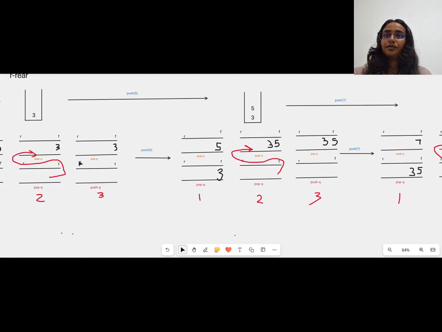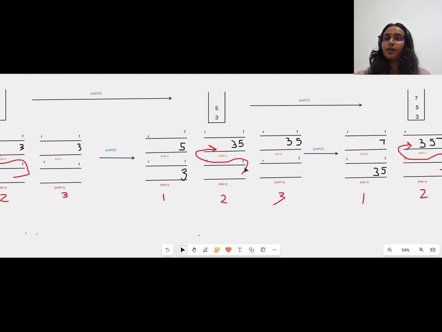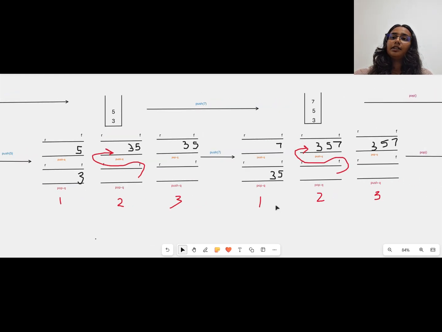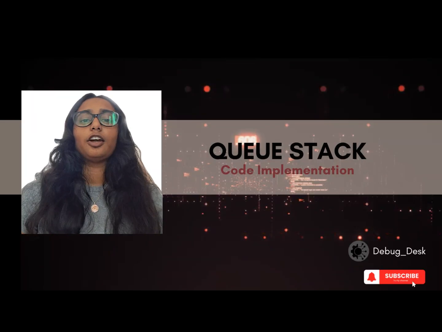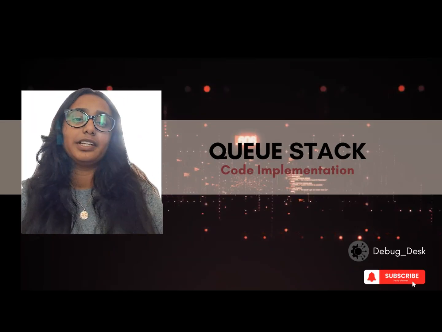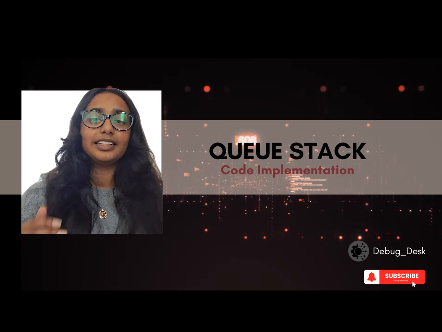First we are going to push 5 to the push queue, and then we are transferring all the elements respectively to the push queue from the pop queue. So 3 was in the pop queue. Now we transfer it to the push queue, and then the third step we just have to change the names. That's the 3 steps. So now that you understand the logic behind building a stack using queues, let's get into